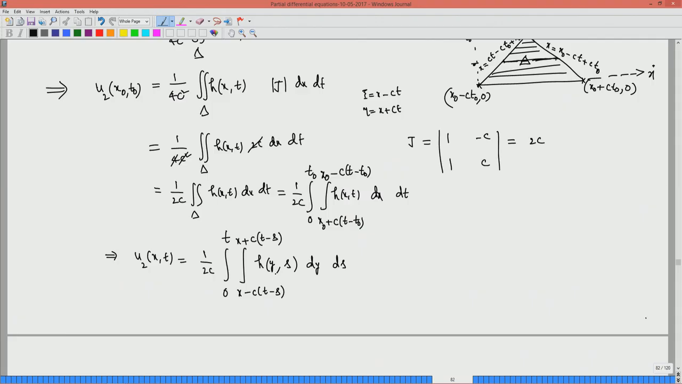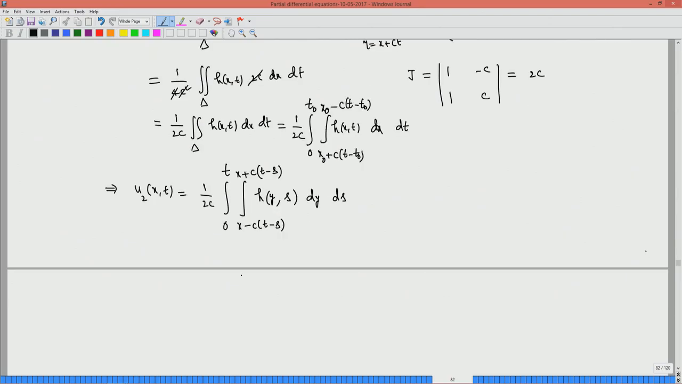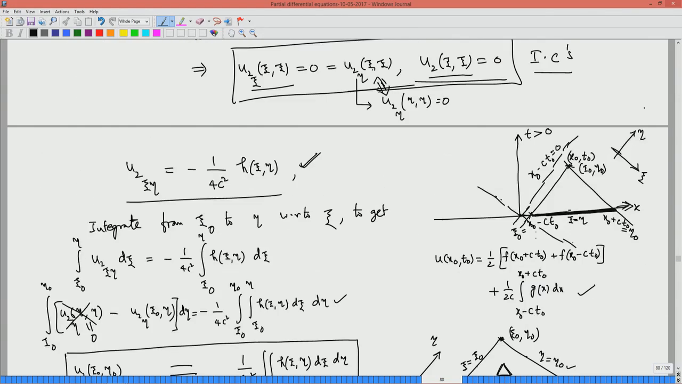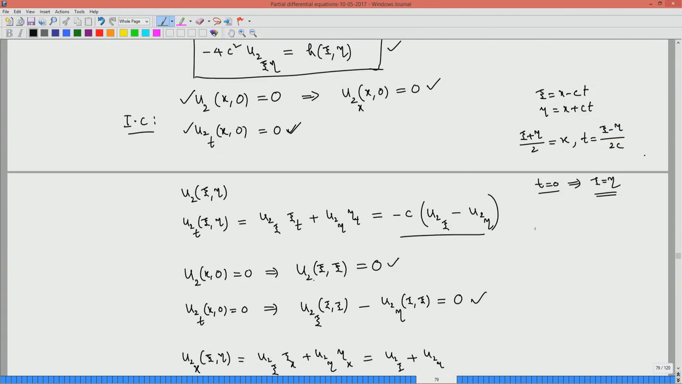Okay. So, nowhere else you have x naught, so you do not need to replace. So, this is your second solution, the solution of the second problem, that is for u2 of x, t. So, what is the solution? The solution is now